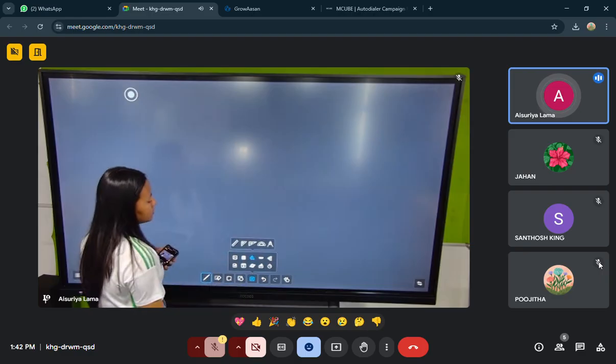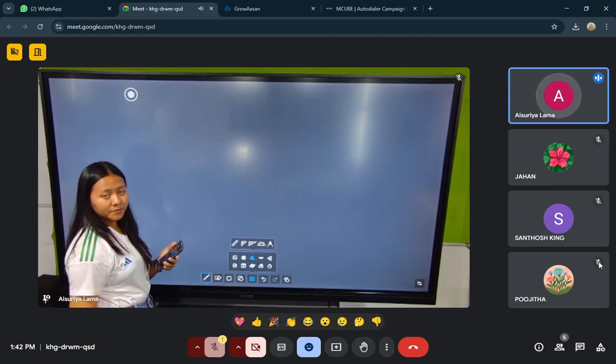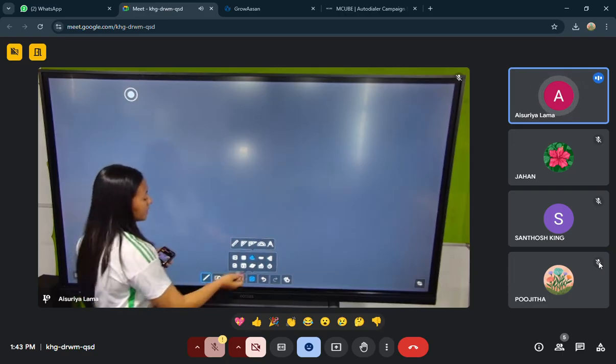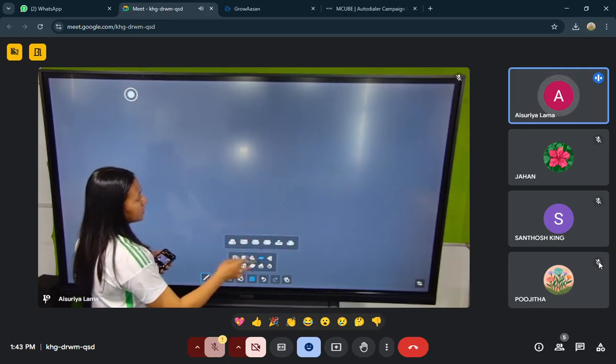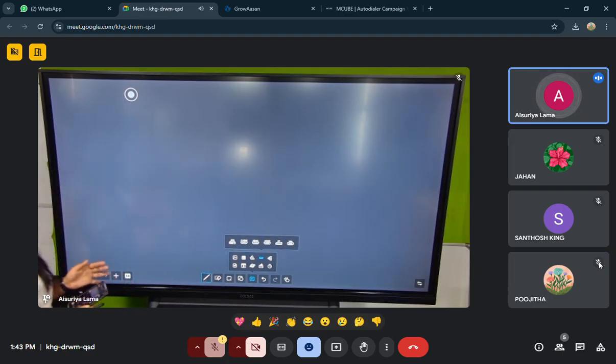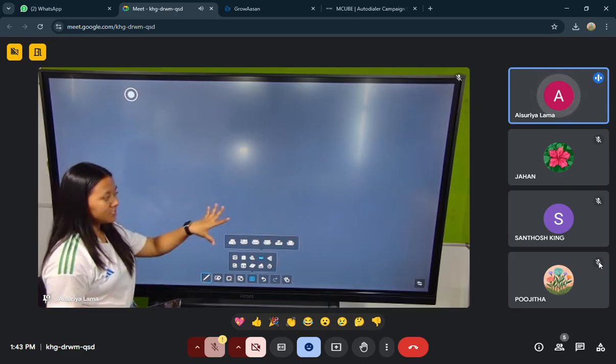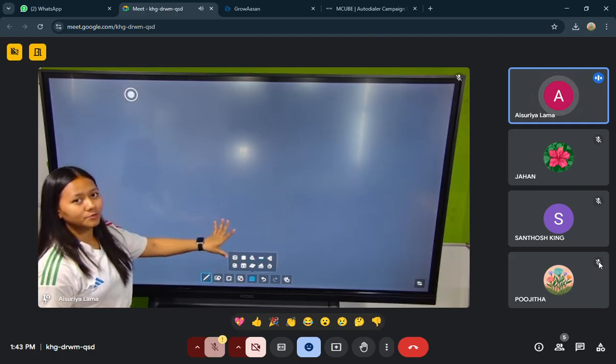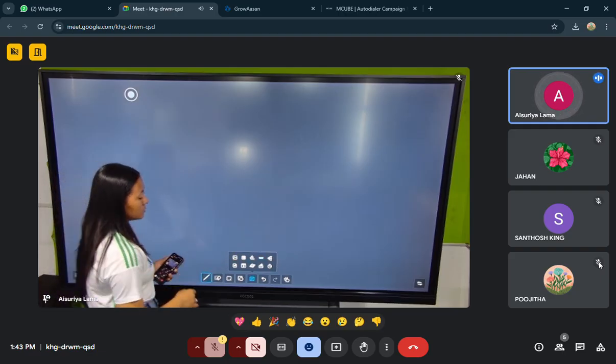Then you have geometry tools. All the geometry tools are available, whether it be scale, compass, protractor, everything is available here. You can use it. Then you have signal source. Here you can get the screen, like if I click on the OPS option, the current OPS screen will be visible here. It's just an image, you will not be able to operate it from here, but we'll get the first page of the particular signal source.